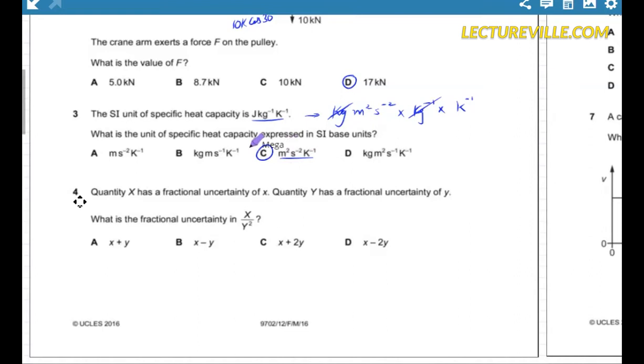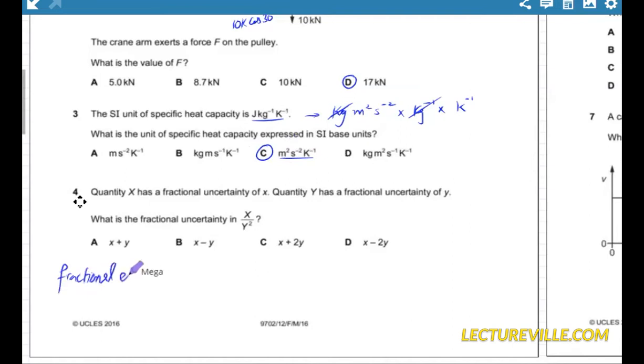Quantity X has a fractional uncertainty small x and quantity Y has a fractional uncertainty small y. What is the fractional uncertainty of X over Y square? And what do we know about this thing? Fractional error of a product formula. Product means the subject of the formula. Fractional error of the product equals the sum of